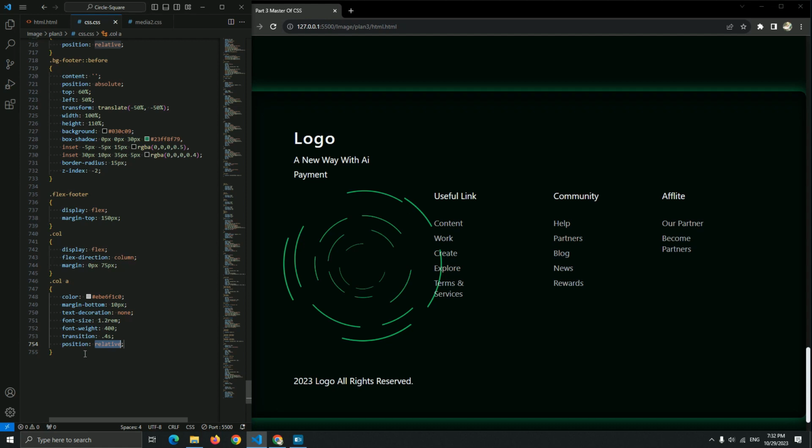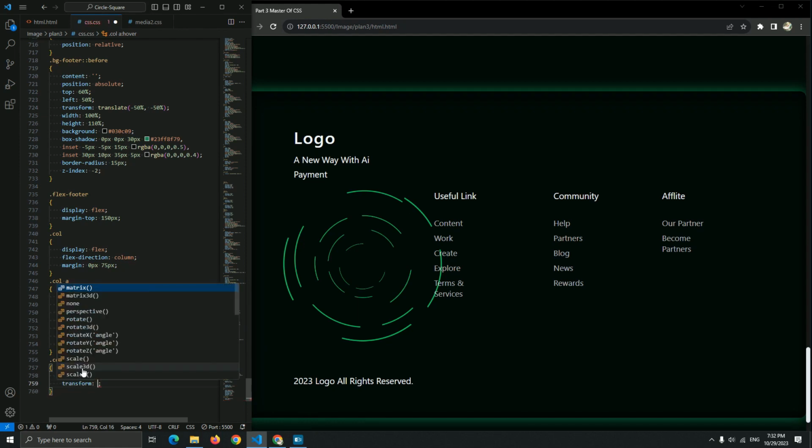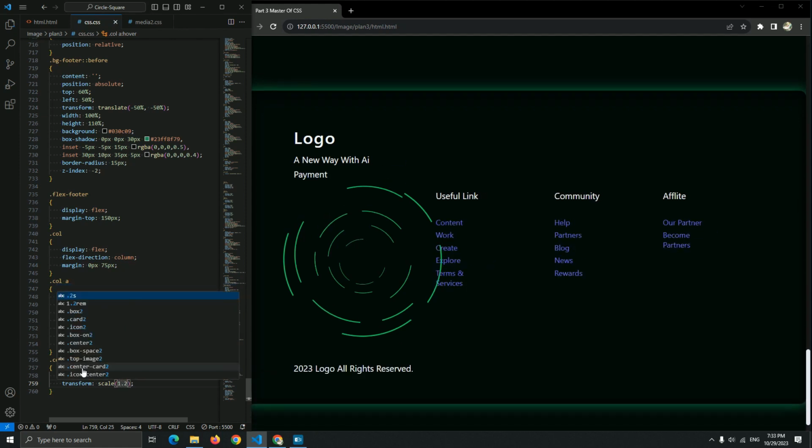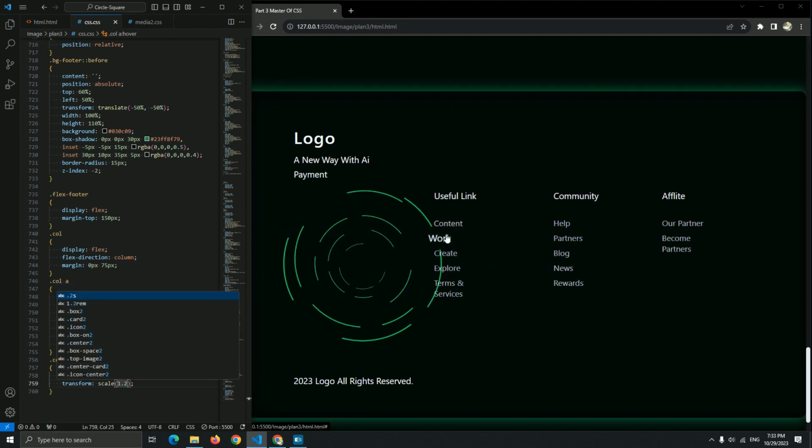Let's go for the first one. Let me just add the hover. So the column A hover, I will add this color of white or ghost white. Okay, and let me add a scale on hover. This is cool when I use it. So let me just do 1.2, and now as you can see, it's very nice. Yep, I love this hover. Every time I use it, a scale for it.